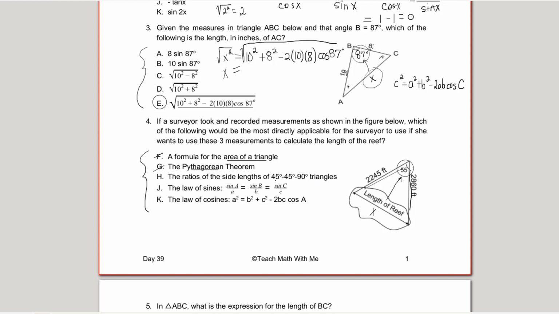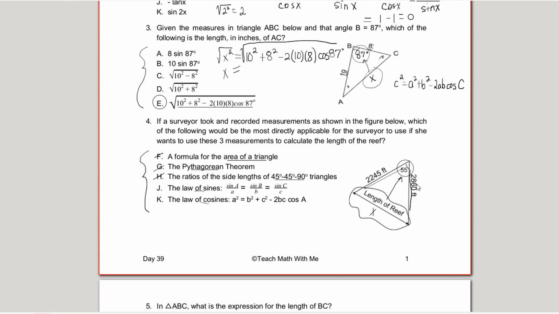Well, again, we have no indication that we have a 45, 45, 90. In fact, one of our triangle lengths is 55, so that one's going to be out. So we're left with answer choices J and K, which look like the law of sines and the law of cosines. So basically, we need to figure out which one of these laws would help us to solve to find